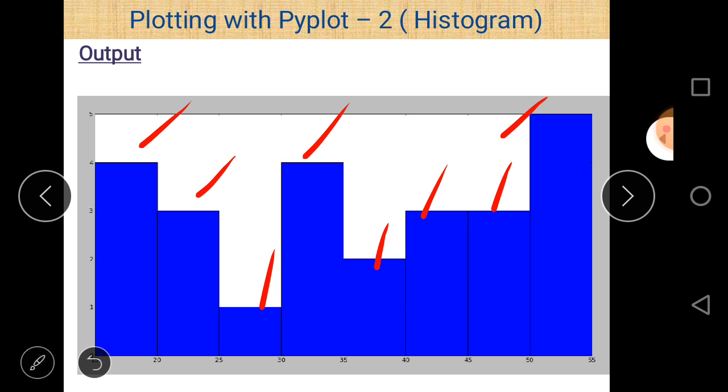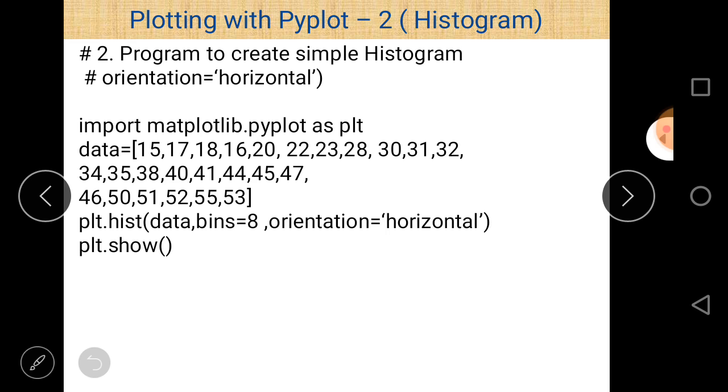So the number of bins is 8 here, and there is no xlabel and ylabel mentioned here. That's why there is no name for the x-axis and no name for the y-axis. And the title is also missing because we don't use a title here. So this is basically a very simple histogram, and the default color is blue for a particular data set.